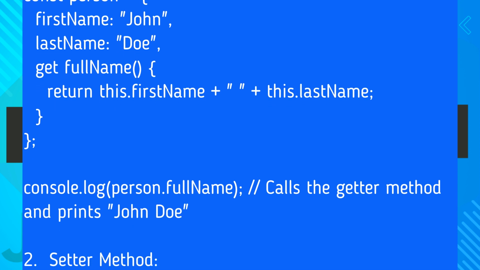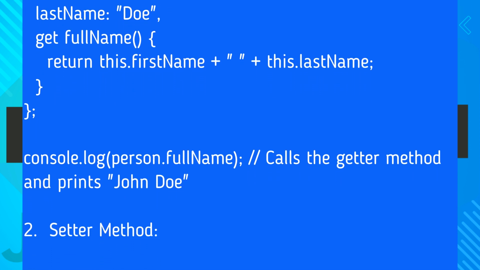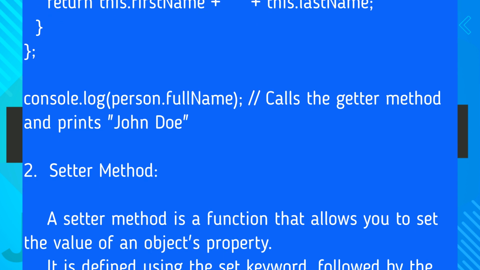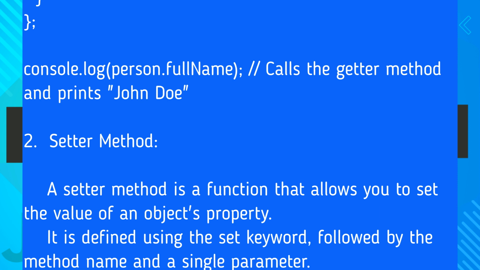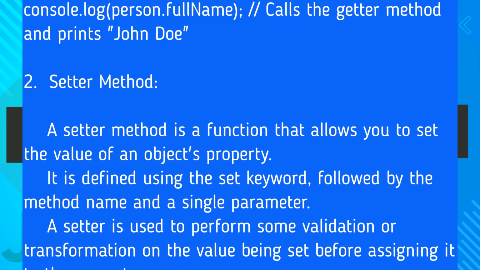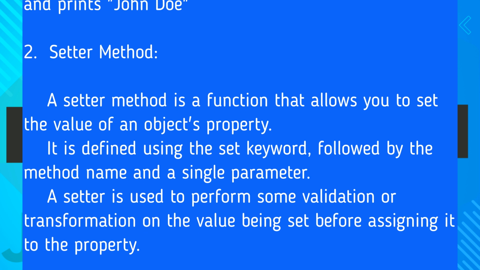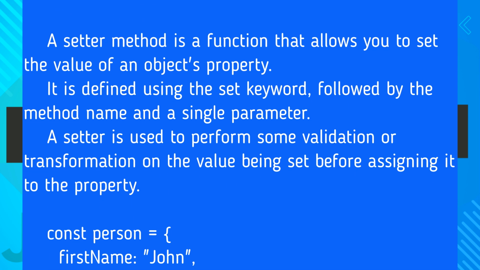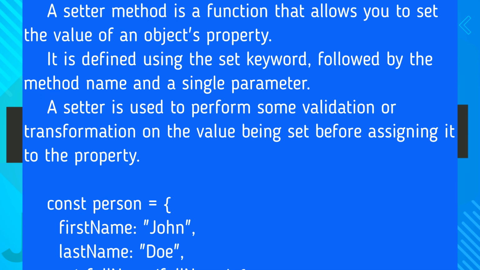2. Setter method. A setter method is a function that allows you to set the value of an object's property. It is defined using the set keyword, followed by the method name and a single parameter. A setter is used to perform some validation or transformation on the value being set before assigning it to the property. const person = { firstName: 'John', lastName: 'Doe',